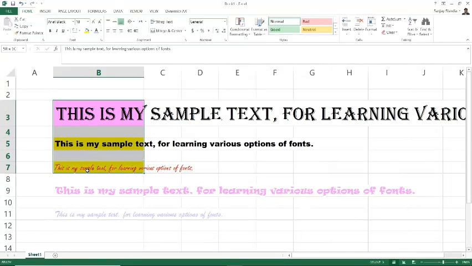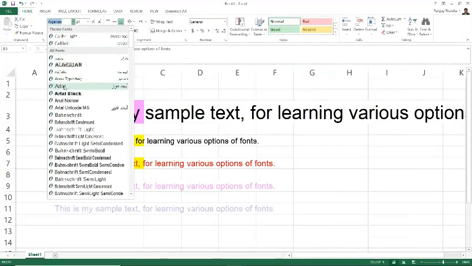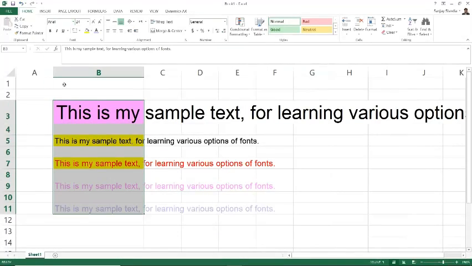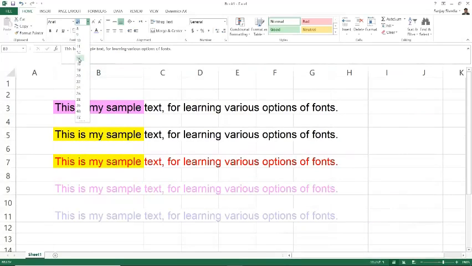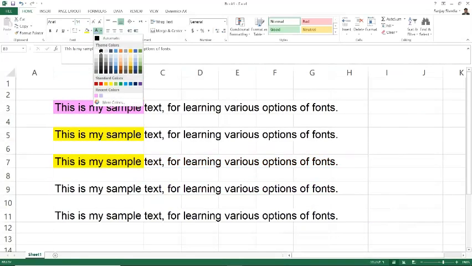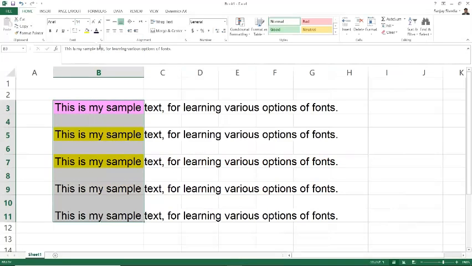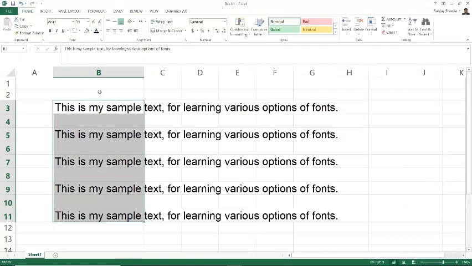So now let's do one thing. Let's select all these cells, and the first thing we are going to do is change the font. Then we are going to make the size of all these characters 14. We are going to make all the font color black, and we are going to remove the background color.